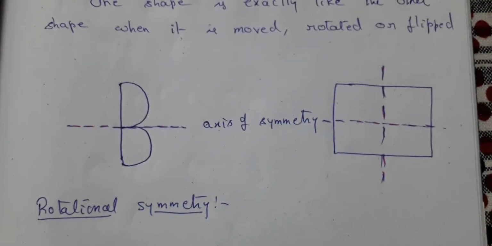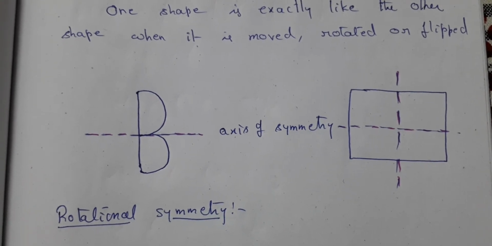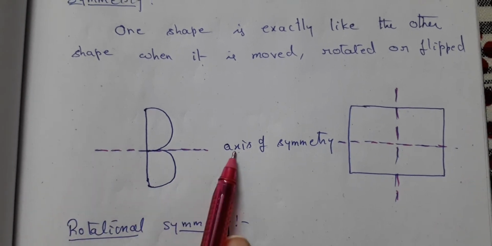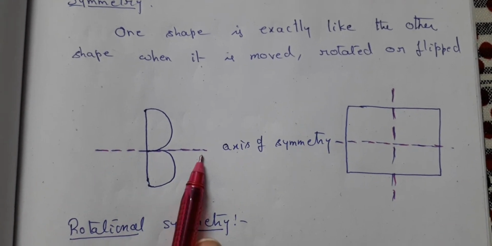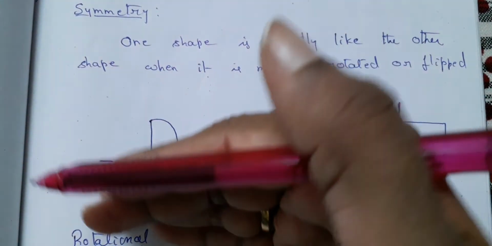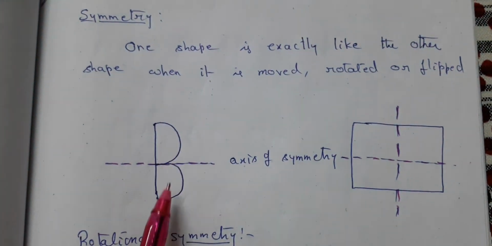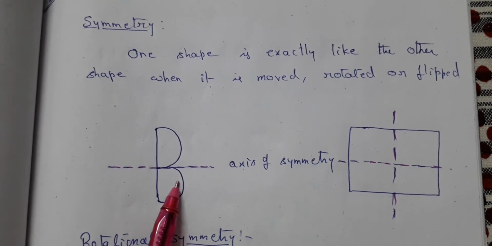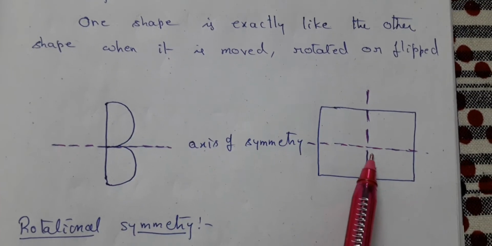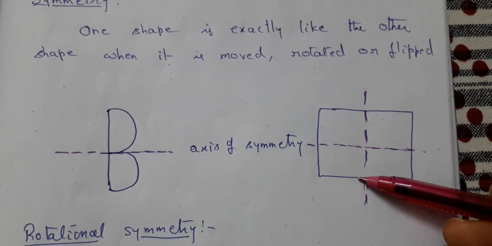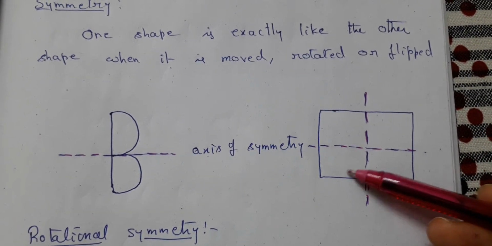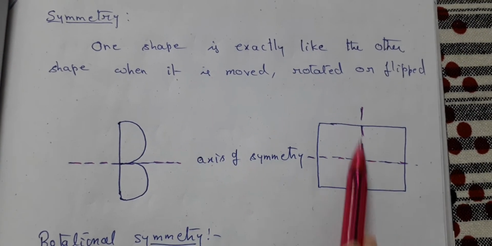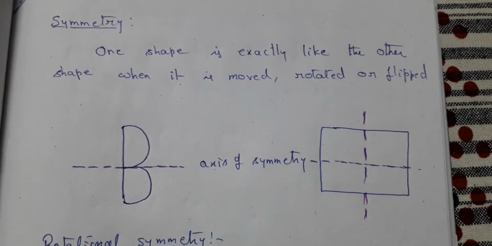I have written the alphabet B. Now, axis of symmetry. I think you can see that the line which is passing through the center of the B horizontally, that is the axis of symmetry here. So about this, suppose I flip it, if I fold the paper like this, I can see that these two match together. That means this and this both are of the same shape. Now if I take a rectangle, if I flip it or fold it, this and this are the same shape. If I fold vertically, this and this are of the same shape. So these lines are called axis of symmetry.